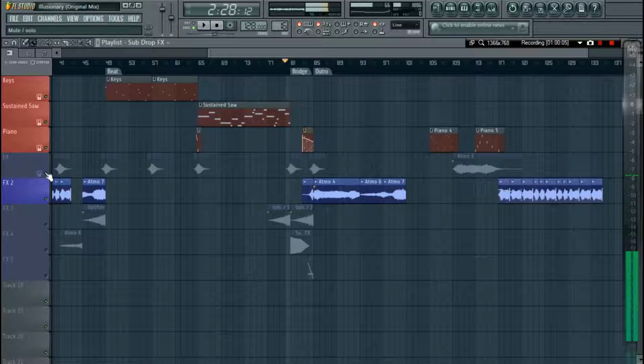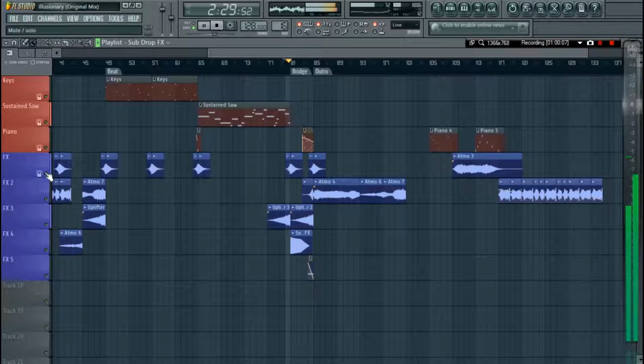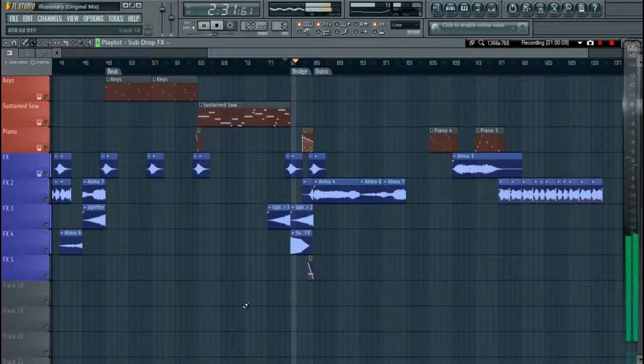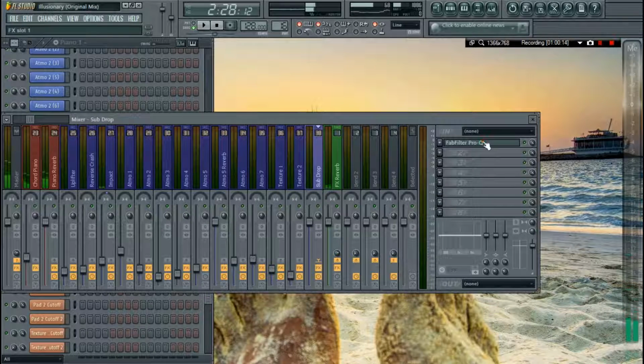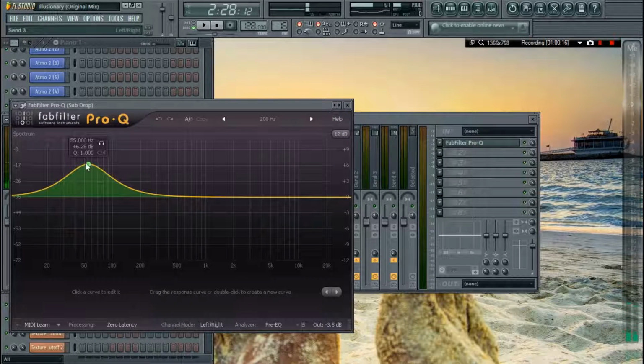Let's see, just a second. Right there. So, yeah, just an EQ on that. Just a huge boost in the low end, but a dip in the gain because I felt that it didn't have as much low end